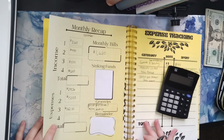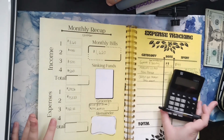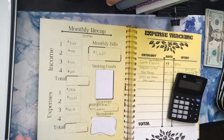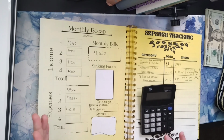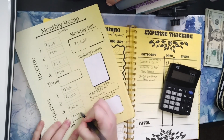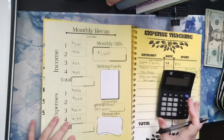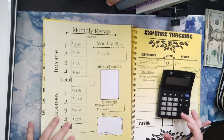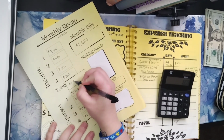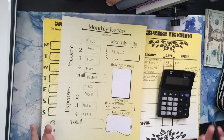But, like I said, I want to get a week, 2 weeks ahead on everything. And this week, we should end up getting 2 weeks ahead. So we're going to go ahead and total out for the month. And it was $134. I'm going to put that down here too. So total for this month was $1,800. Okay, so we definitely know that we did not make it. We definitely know we did not make it